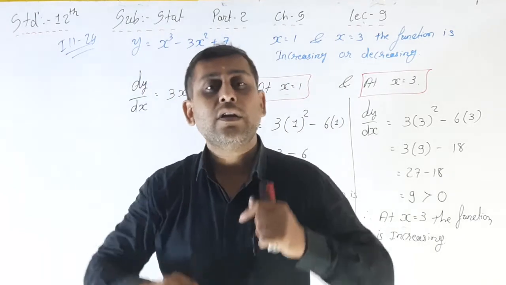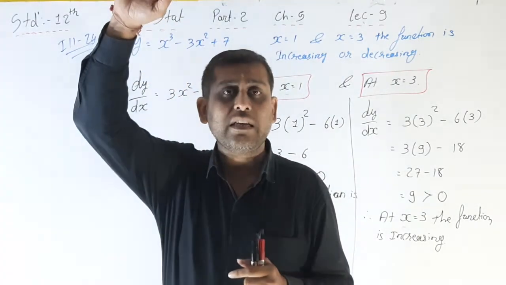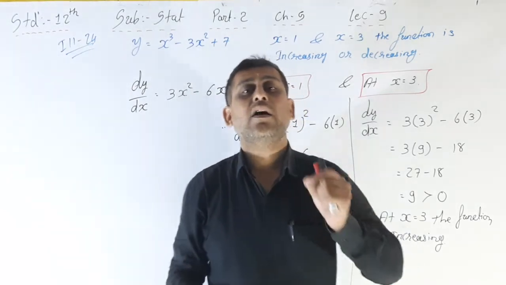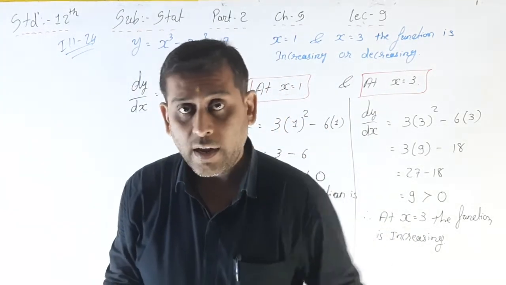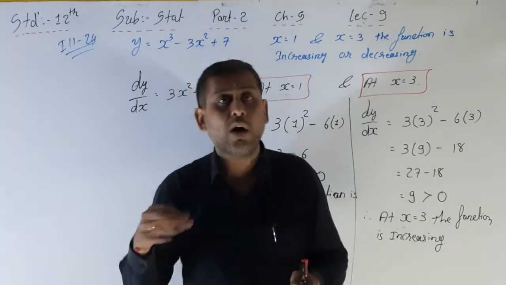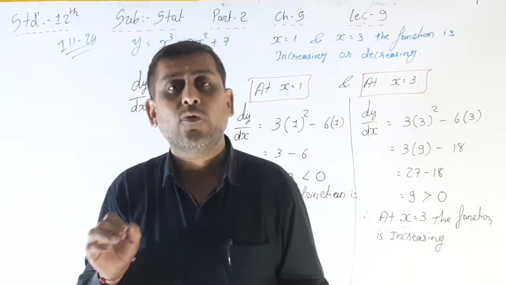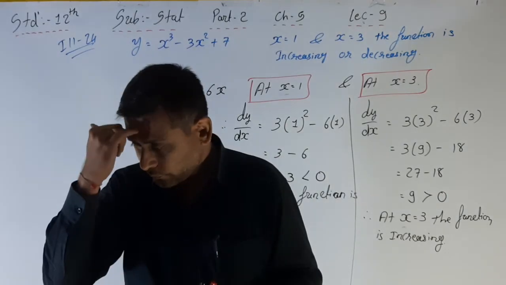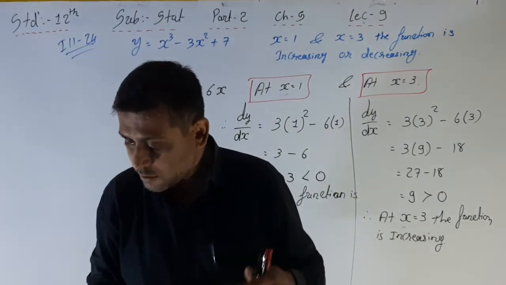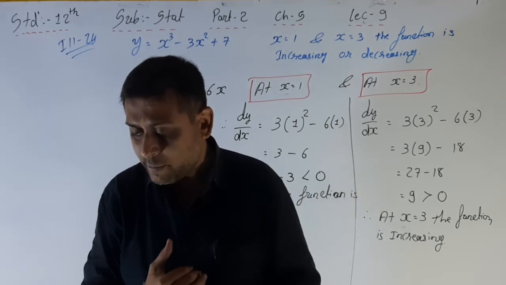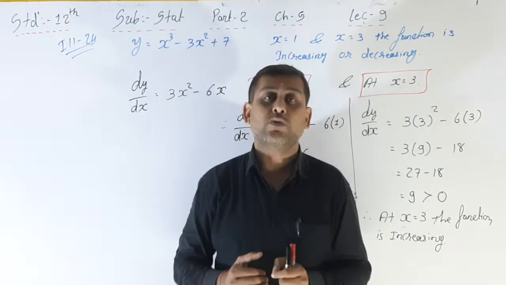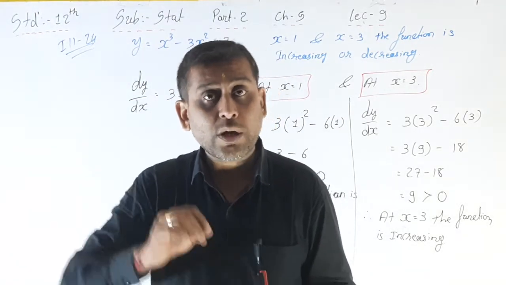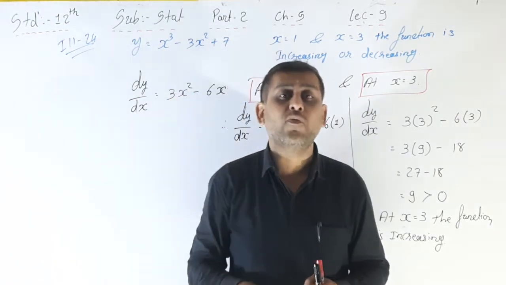See here, whenever the function is at points A, C and E, it gets a maximum value, and at points B, D or F, the function is getting a minimum value. So the function may have more than one maximum or minimum value. Every function can have more than one maximum or minimum value.